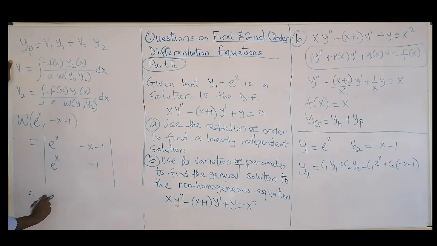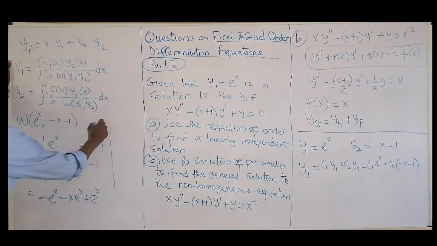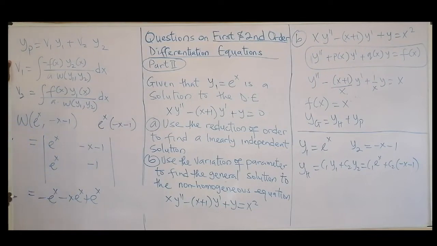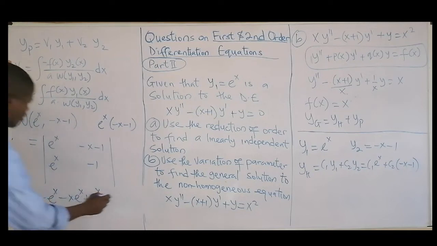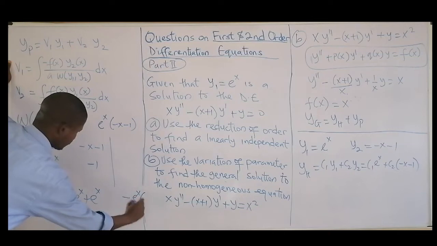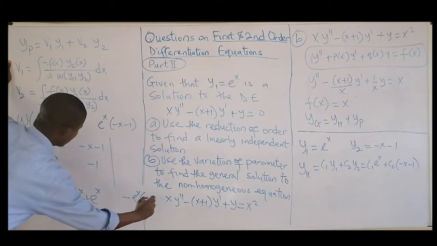That will be minus this, then minus this one times this, minus x e^x, and then minus this. Okay? No, that will be plus this, because it's this into bracket minus x minus 1. So, and don't forget minus. This is what I'm doing. This one times this one, then minus e^x into bracket x minus 1.